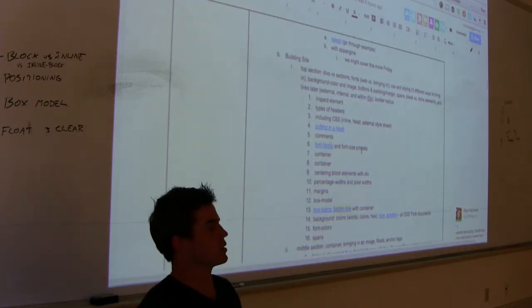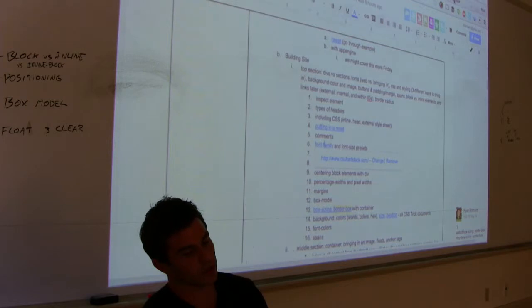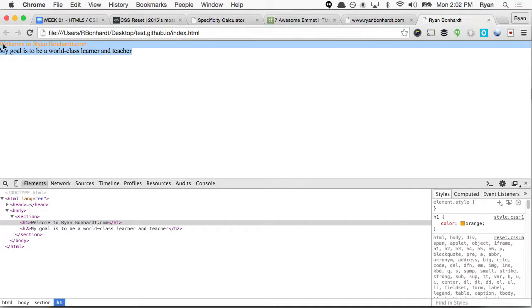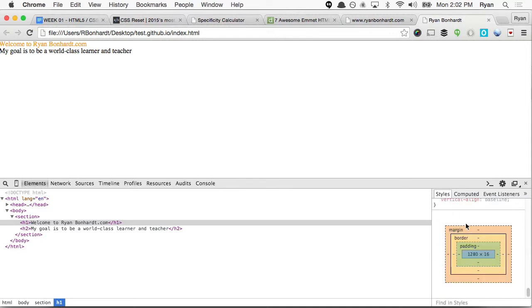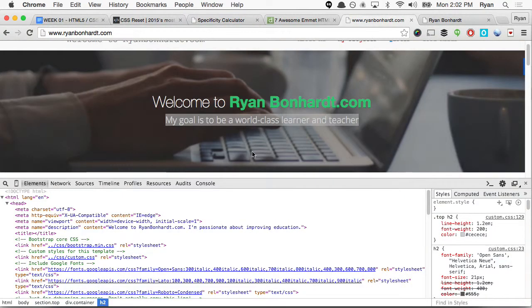All right, now the next fun thing we're going to do is font family. So, in other words, I don't really like this Times New Roman that comes default, nor do I like Comic Sans. So we'll go to the